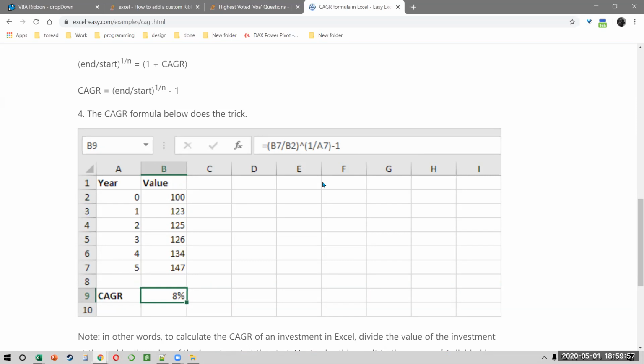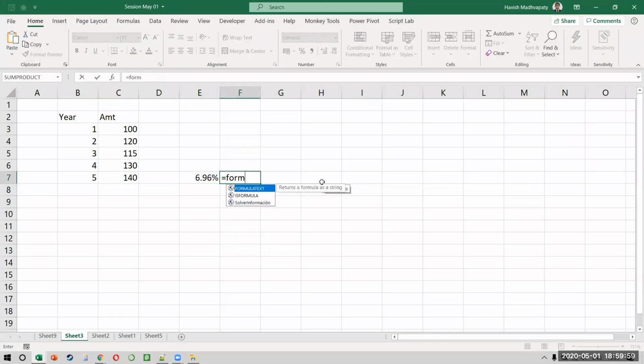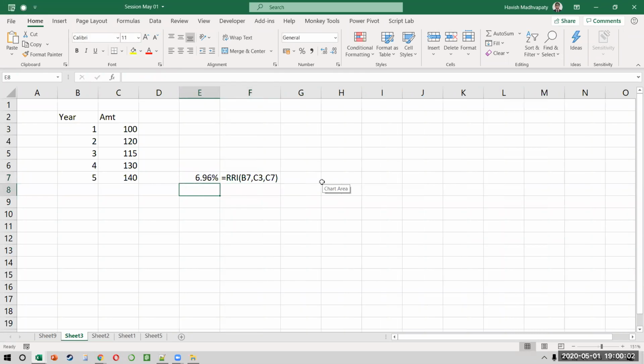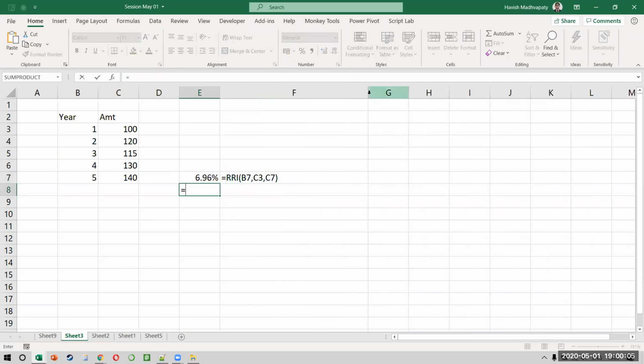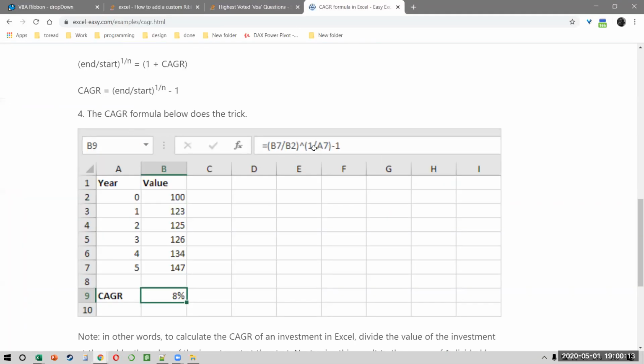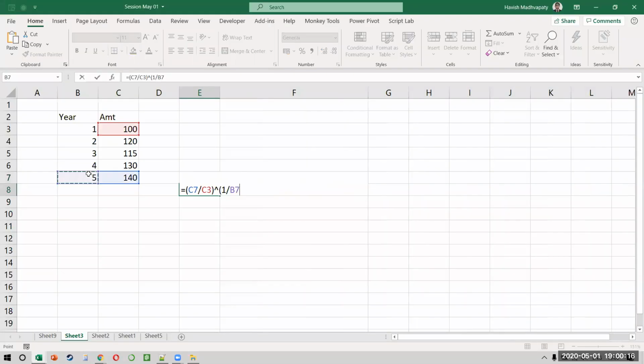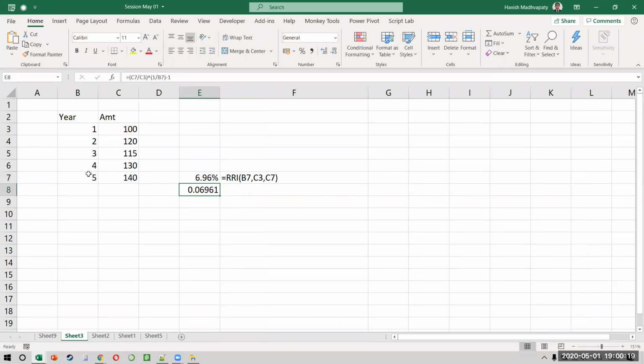So if I try to do the same thing here, I'll write the formula here as formula text, and then I can also write the formula in my own way where I can say this is equal to last value divided by first value to the power of 1 divided by the NPER, which is 5, and then -1. So if you notice, it gives us the exact same number, right? Now, in this case, you already had a function called RRI, which remember is meant for something else, but somehow it works. It gives you the result that you want for a CAGR.